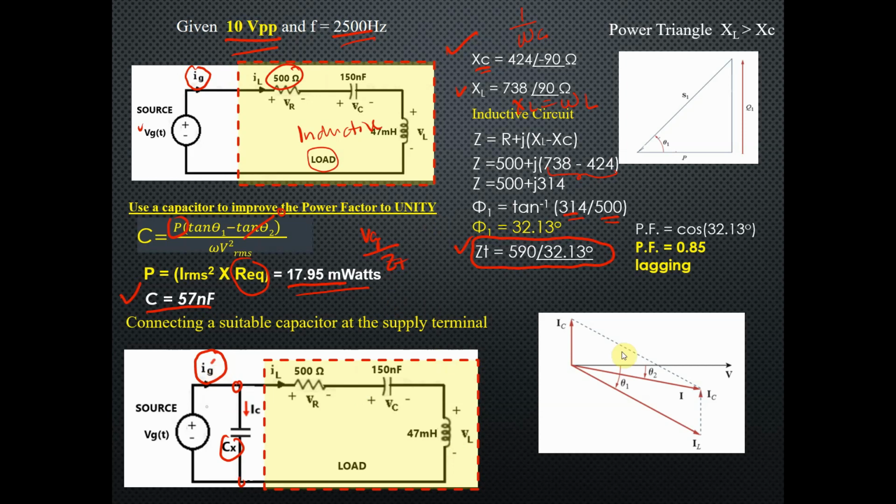How do we know that? Let's study the phasor. From here, this is the voltage, angle 0. This is the source. And by the way, why did I put here the I sub C on this phasor? Because for the capacitor, the current is leading the voltage by 90 degrees, right? As you can see here, this capacitor is in parallel with the source. So this is my source, angle 0. I have here an angle of 90 degrees